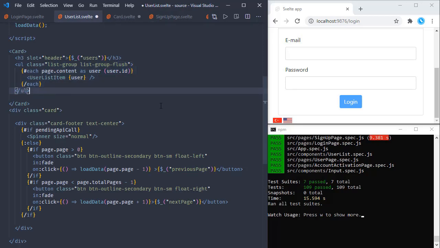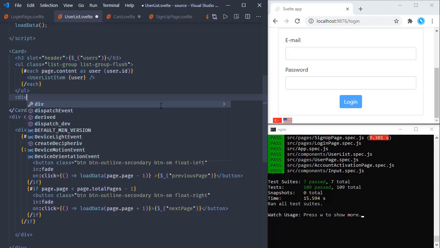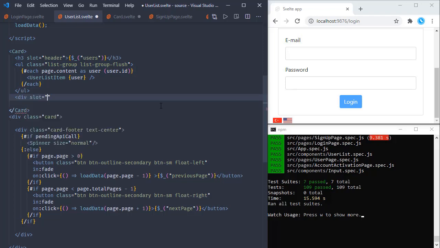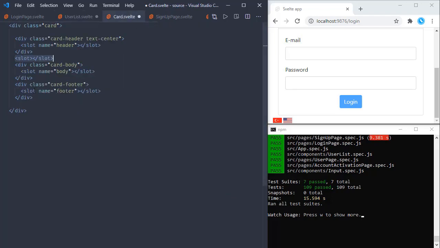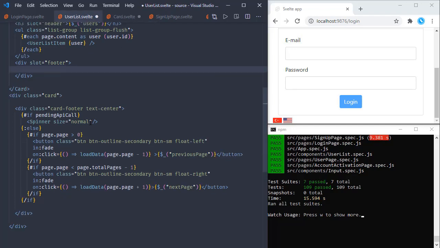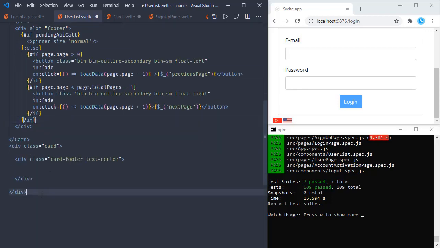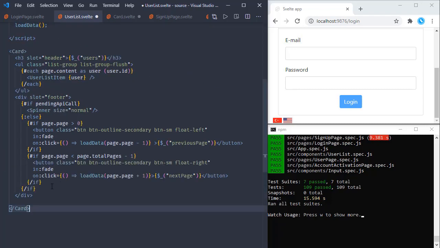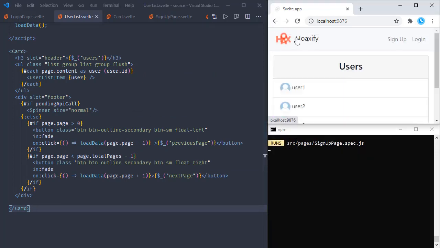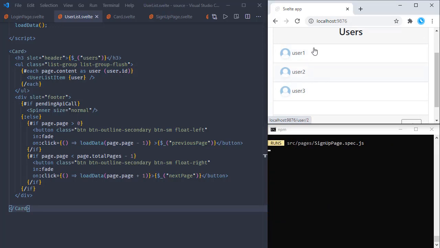So let's have a div right here, and let's slot this one into footer right here, and let's have this control part in it. So we just replaced this implementation with our custom cart. So let's save these changes. Now let's go to home page. Here we can see the user list